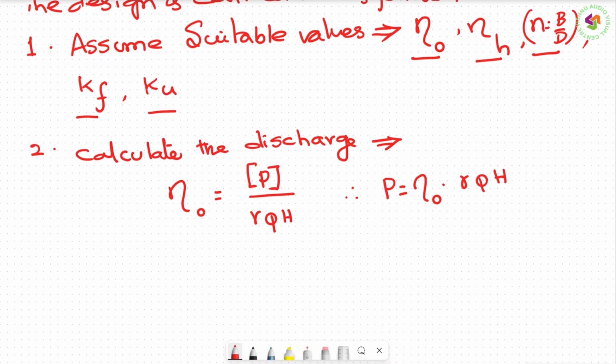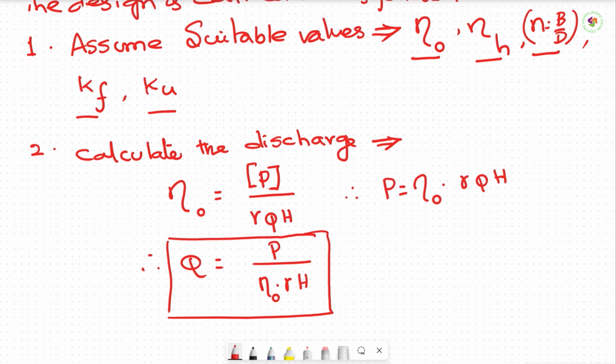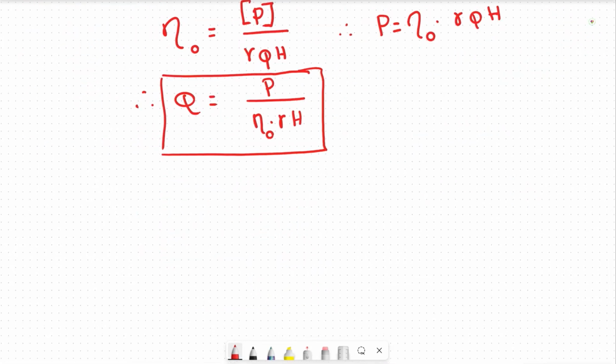Now what is the question actually for us? P is known, and similarly gamma is equal to 9810, you know it. H is known and eta 0 is assumed. So therefore Q is equal to P by eta 0 into gamma into H. Use this equation in any of the reaction turbines. Once discharge is determined, so discharge is obtained,